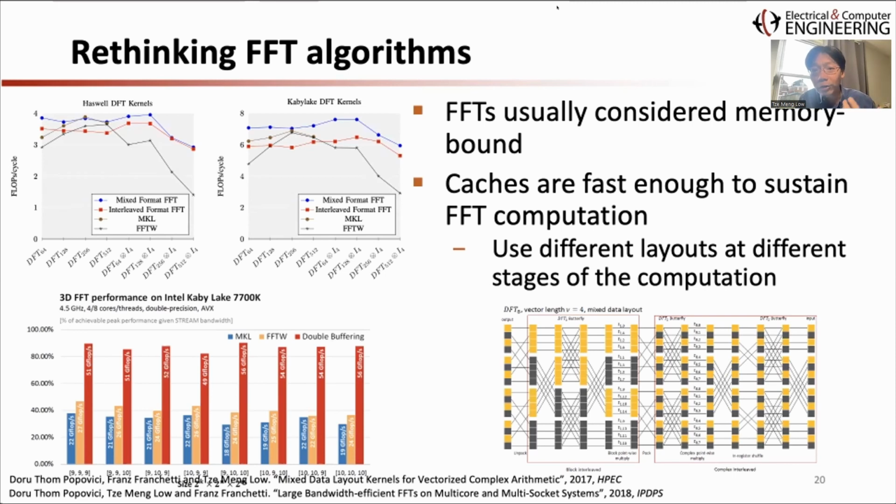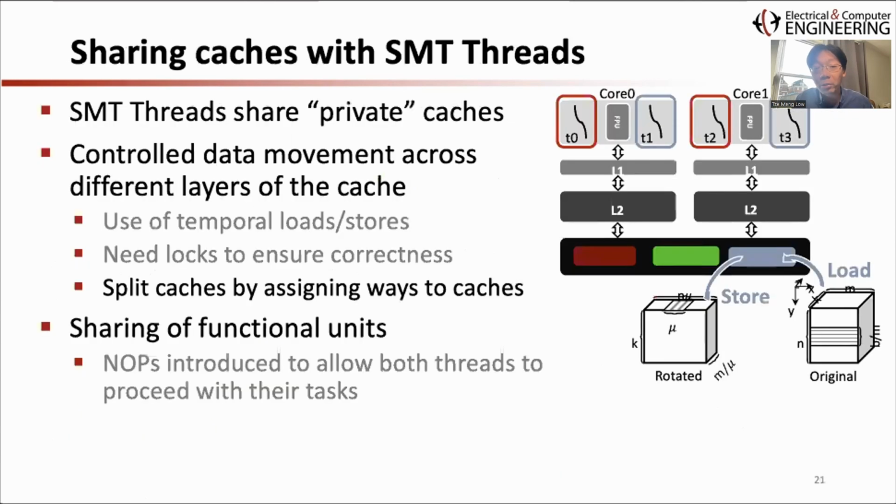And once we move things into the caches, not surprisingly, we get the opportunity to change the data layout at different stages of the computation. And we do actually see that we need to change the data layout at different stages. So how do we do buffering into the cache, where we often do not have control over the cache replacement policy? Well, the key idea is, number one,